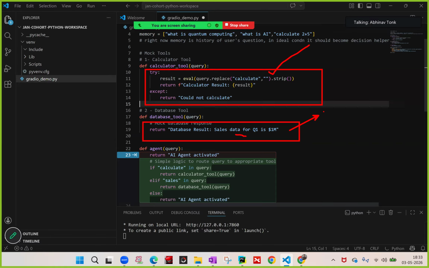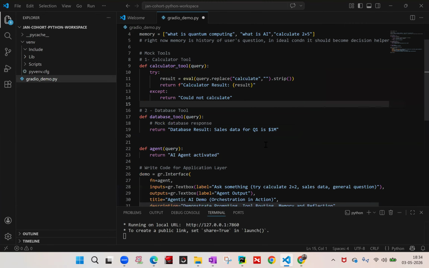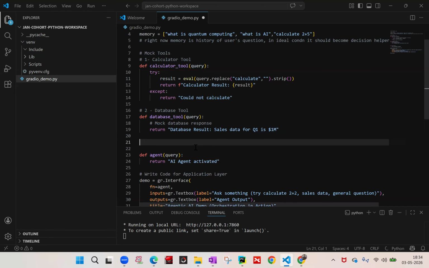So that is something that you can implement in a real-time use case. But here, we have just returned a mocked response, a mocked string, right? That database tool is basically being called, and this is what the insights are. Okay. So we have mocked the database tool also. Now, the third tool that we want to mock is